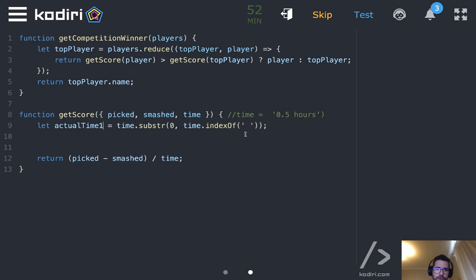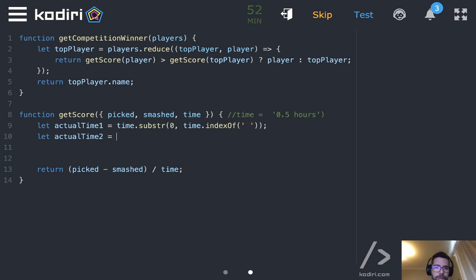The second approach, let me create another variable, will be to run time.split. And then what else? Can anyone tell me how to complete this line? That's correct. Square bracket 0. You see? So I get 2 tokens. First of all, the numerical part, and then the string. I don't care about the string, so I just keep the first one. It goes without saying we should transform all these things to a proper number, because without that, we get a string.